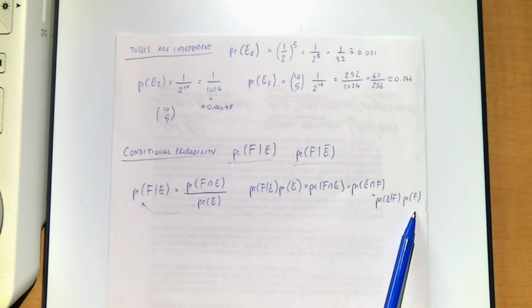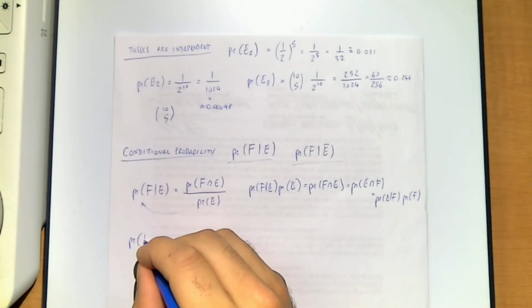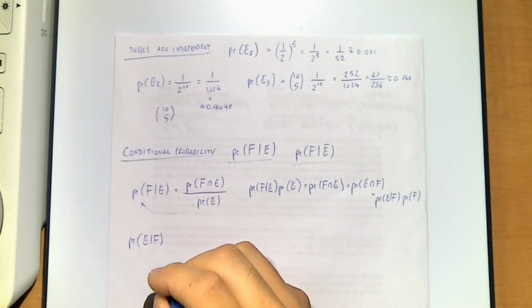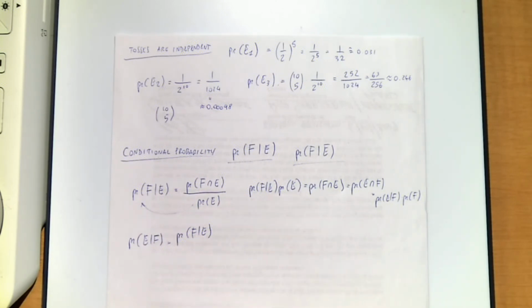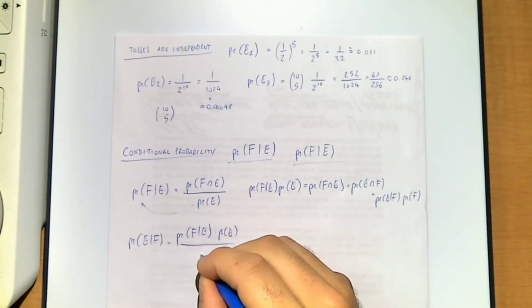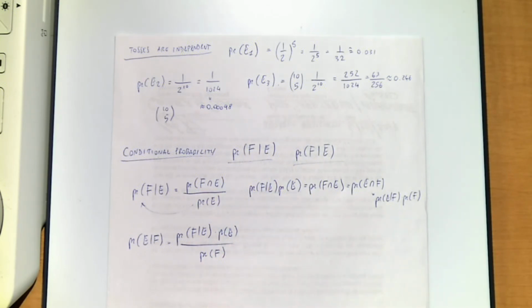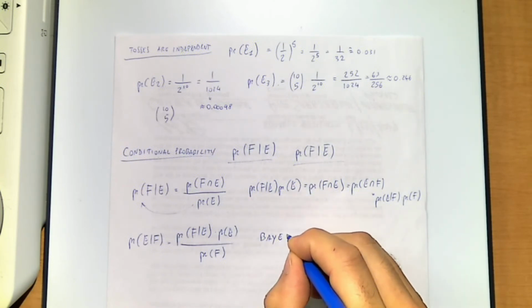Now if I put this and this together and I divide by F, I get an important formula, which is that the probability of E given F is equal to probability of F given E. Basically, I'm doing the inverse ratio, right? So I have probability of E divided by probability of F. Make sense? You take it from here, you have this on one side, this on the other side, you just divide by F, both sides, and you get that. And this is kind of a preliminary formula, or what is called Bayes formula.